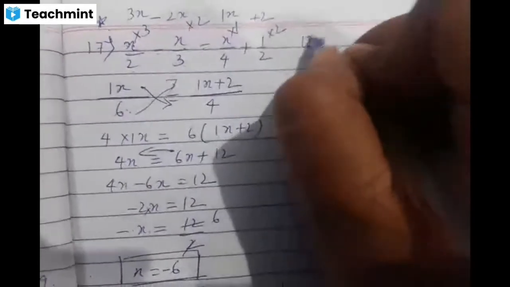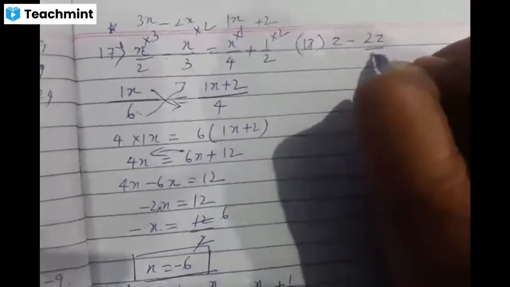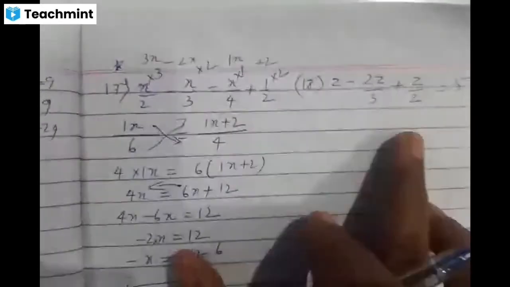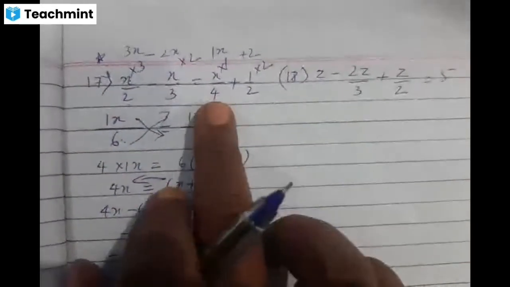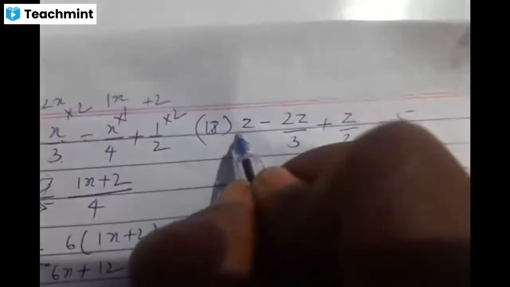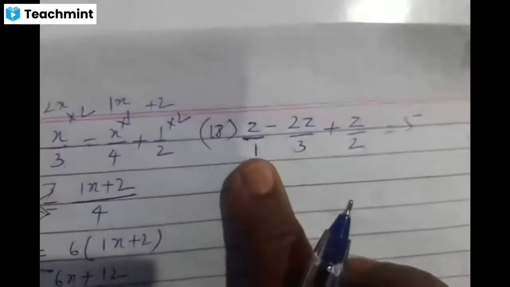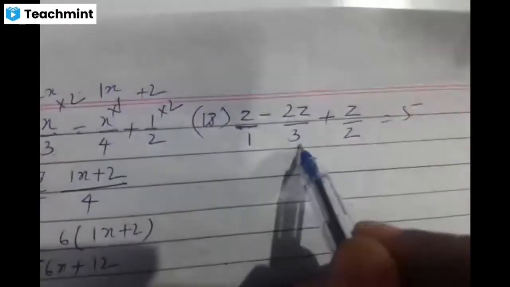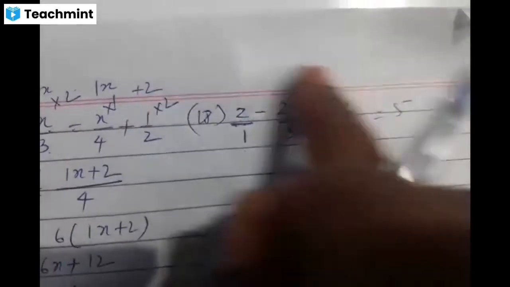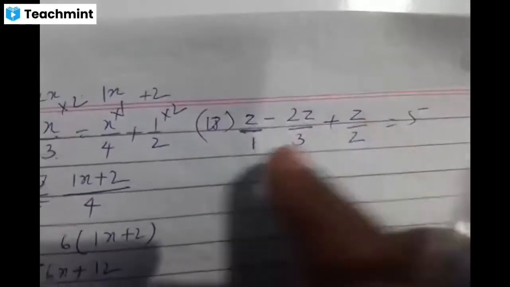Children, the 18th question is also a similar type. Here z minus 2z by 3 plus z by 2 is equal to 5. What is the difference here? Earlier you had an x term on the right hand side. But here what is there? All the variables are on the same side. Now we have to take the LCM for 1, 3, 2. All are like terms, children, because all the rational numbers have a z, only z as common. Therefore, these become like terms. Now you can add or subtract.